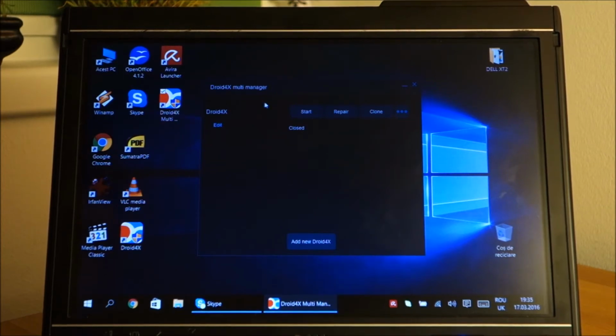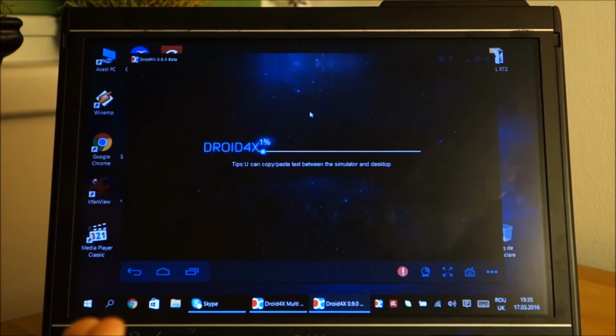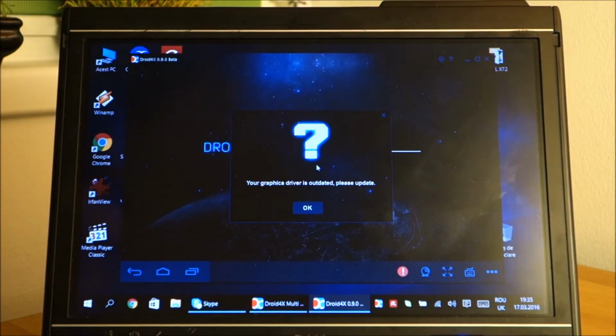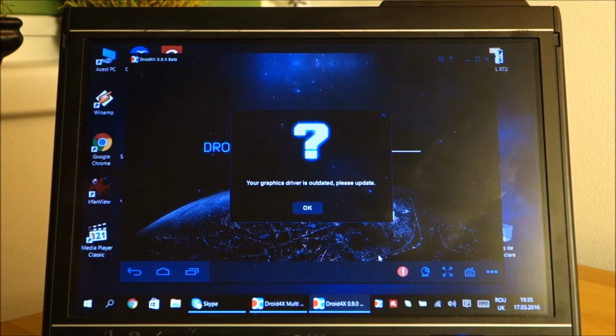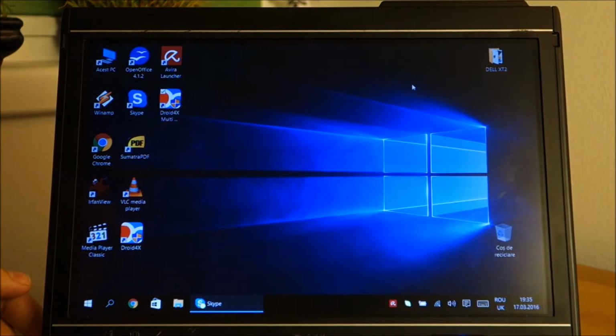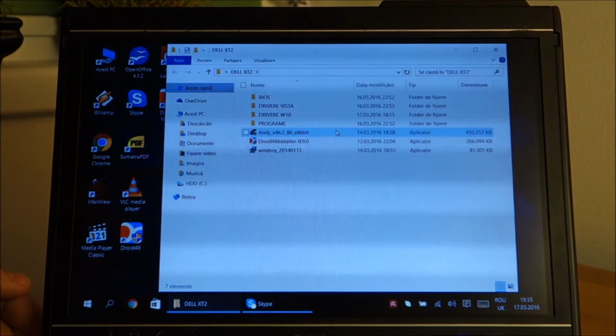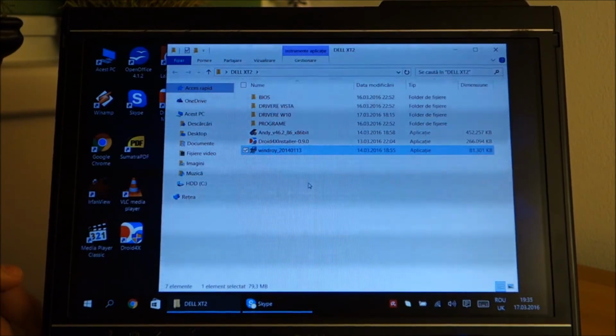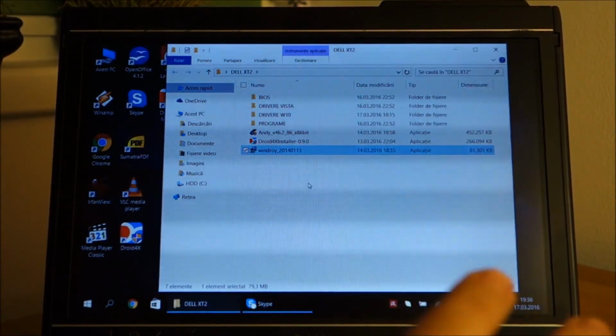Droid 4X also seems to not run on this. Basically it gives me a driver problem. It wants a newer driver. It doesn't see the virtualization, although it is enabled. So yeah, this kind of seems really grim. And there is no updated driver for the graphic card in these convertibles. So yeah, I'm going to uninstall this and basically try the last one, and if this one doesn't work,